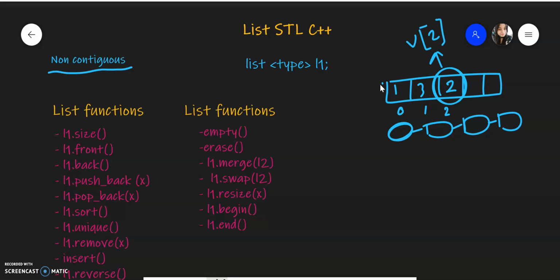You can only traverse it sequentially. This can be either bidirectional or unidirectional, that means a doubly linked list or a singly linked list. So what are the advantages? The major advantage is getting, deleting or inserting an element once you know the position. For example, if you remember, we saw the insert function in the vector. Suppose we insert some element here, right? This is not an O of 1 operation, because all the elements have to shift by one place. Same is the case for deletion. But lists are pretty fast when it comes to deletion or insertion when you know the position.